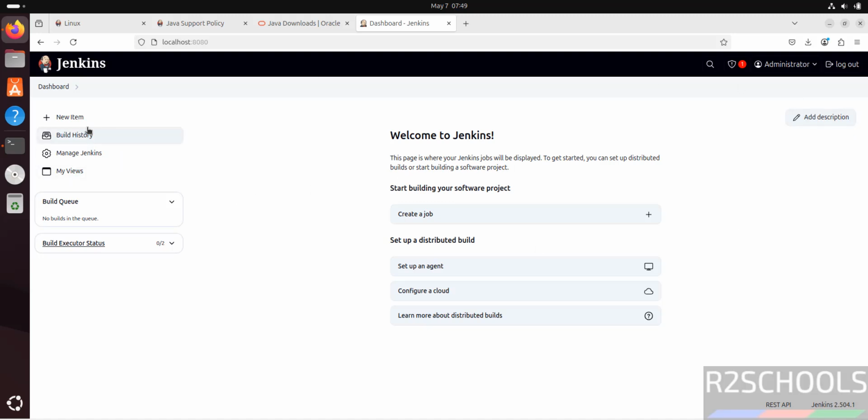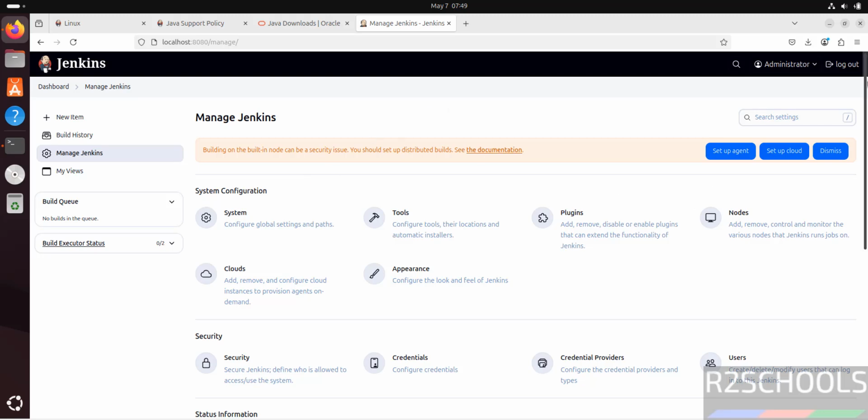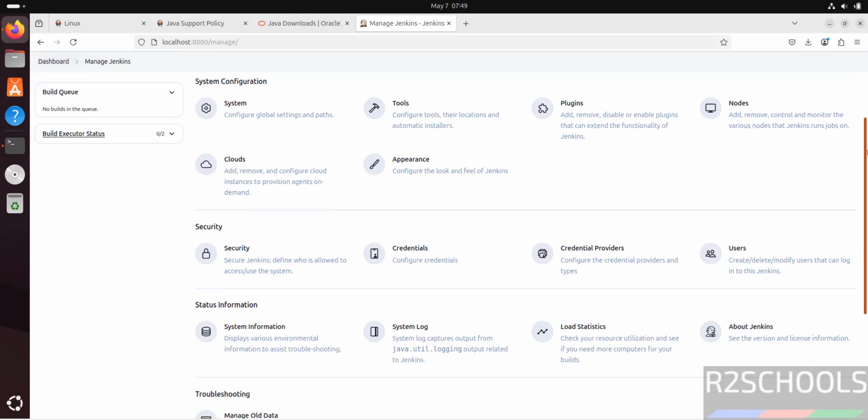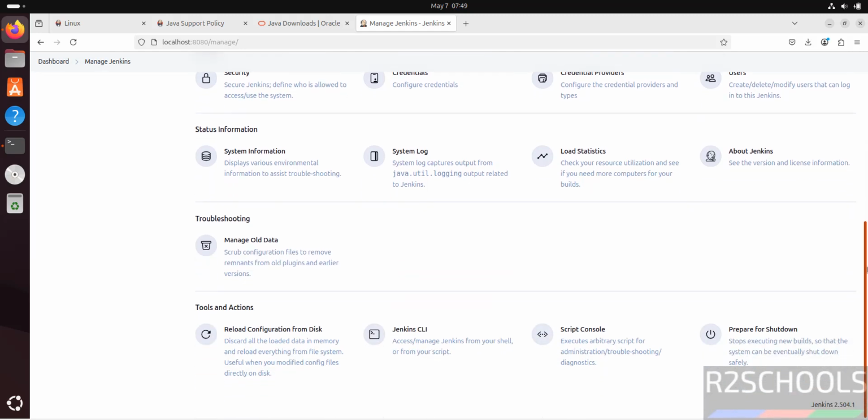Okay, if you want to create a new item, click here. If you want to see the build history, click here. If you want to manage Jenkins, click on manage Jenkins. Click on it. See, here we have the different sections in manage Jenkins: system configuration, security, status information, troubleshooting, and